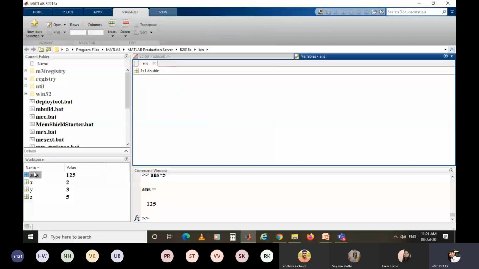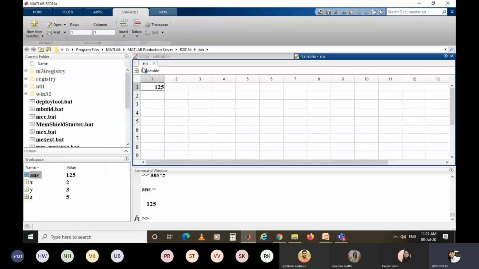In the workspace you can see 125 because it is a single element, so it will not show a matrix. Whenever you are repeatedly using ans, it will get updated and the updated value will be utilized during the program.